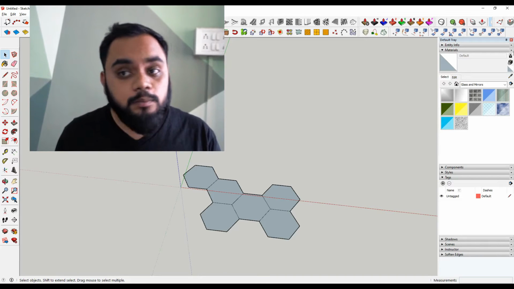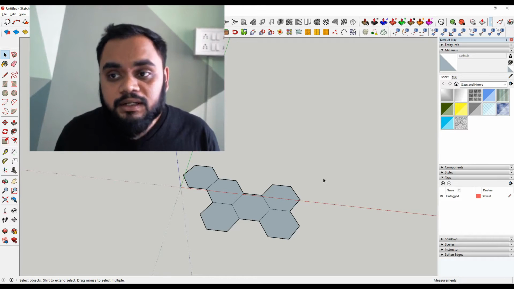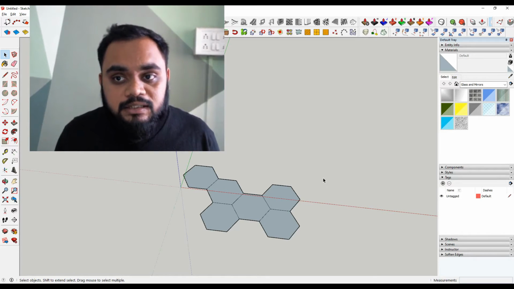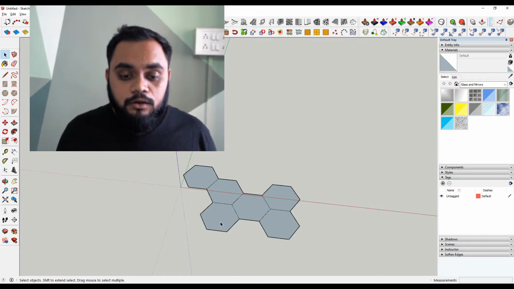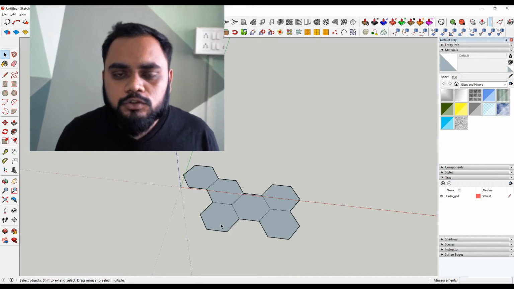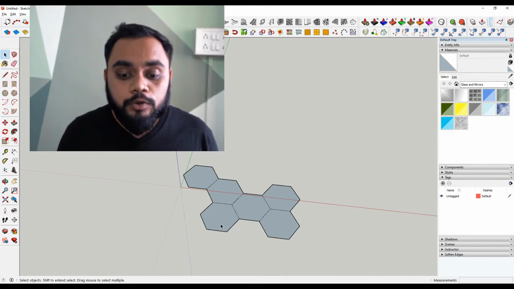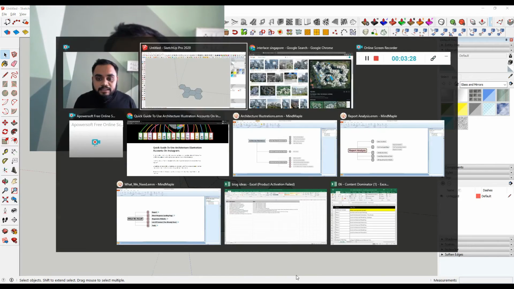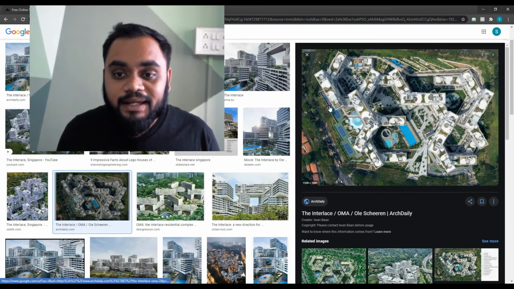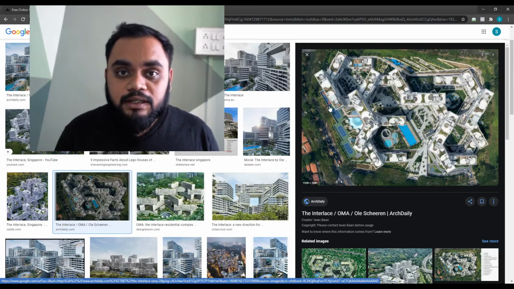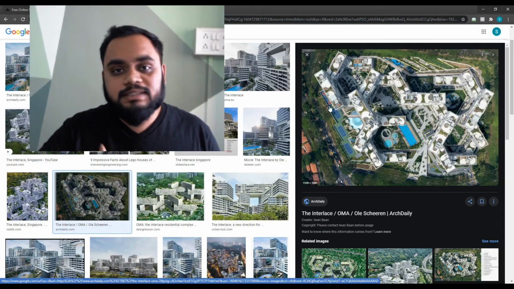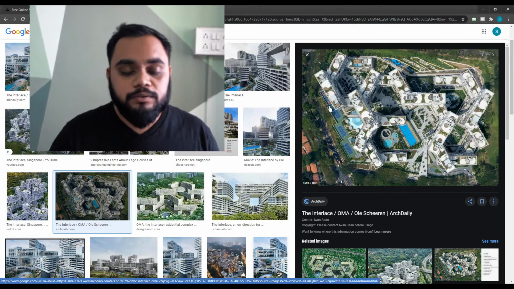It has multiple features: it can make your faces into components, your lines into components, and a lot of different things. For this purpose, what we need is our lines to be components, because you can see the shape over here. All of these lines are boxes, and all of these boxes are staggered and stacked on top of each other.